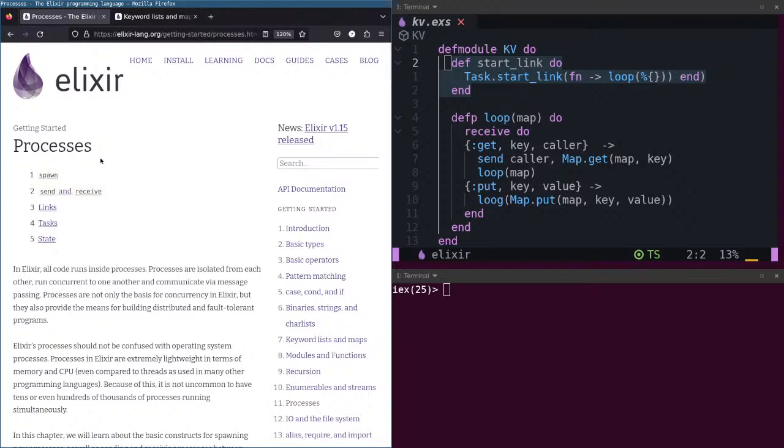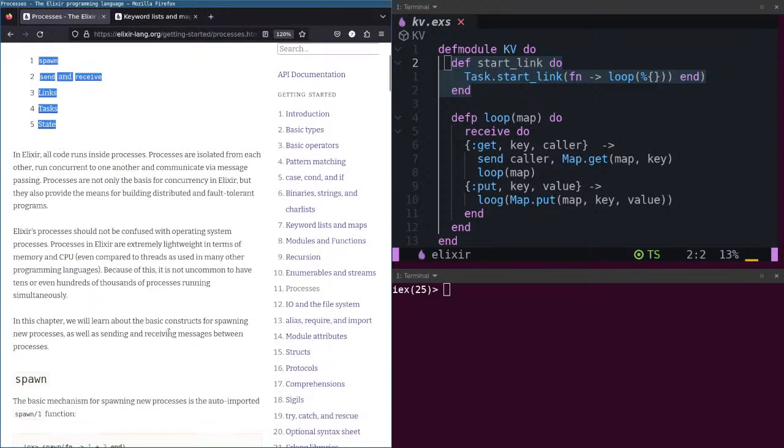I need to review all this stuff. Processes, spawn, send and receive, links, tasks, and state. All of these things are about processes. Okay, right. In Elixir, all code runs inside processes.